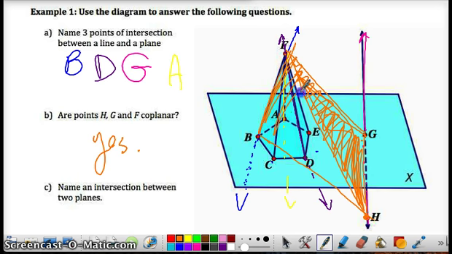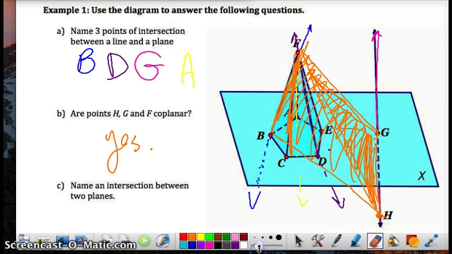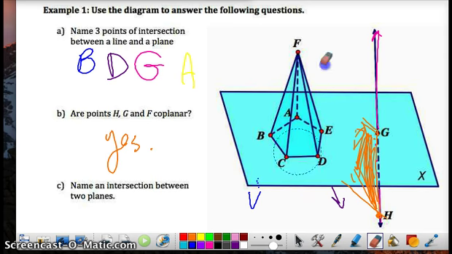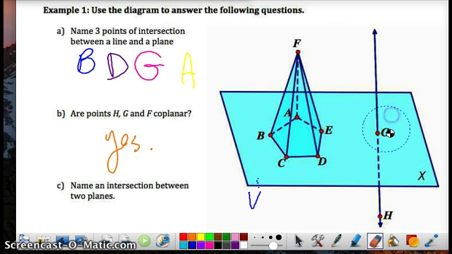I could draw this, and it could go on forever, and it wouldn't matter, right? Not necessarily to point B, but that's a plane. Any 3 non-collinear points establish a plane. Letter C, name an intersection between 2 planes. An intersection between 2 planes, well, we have a plane here,